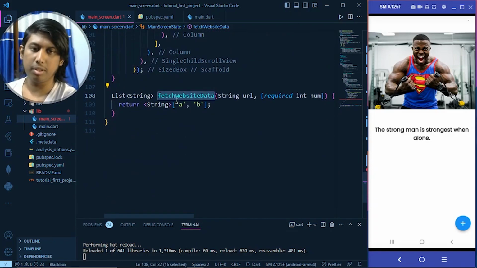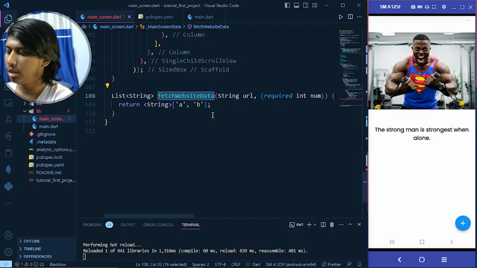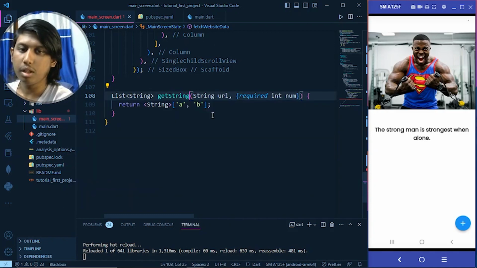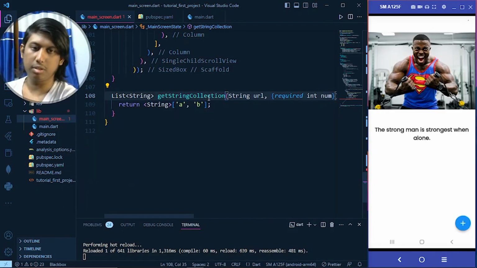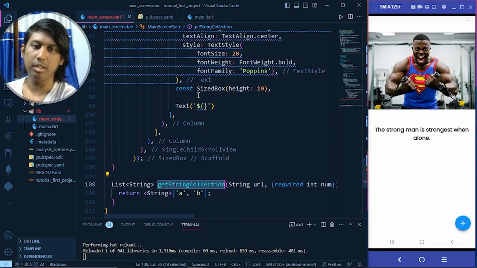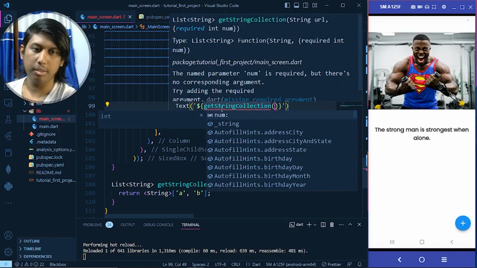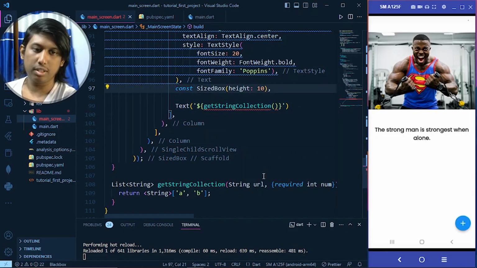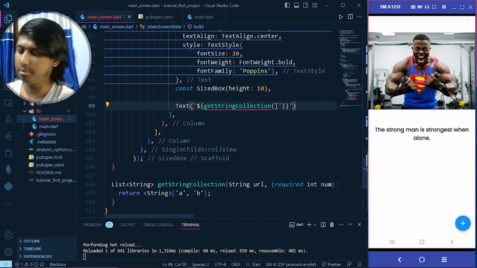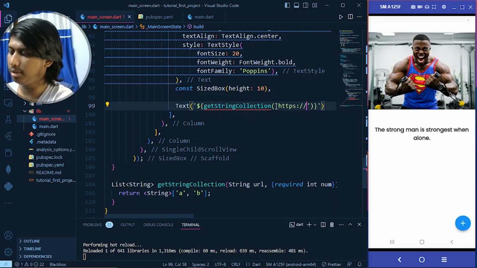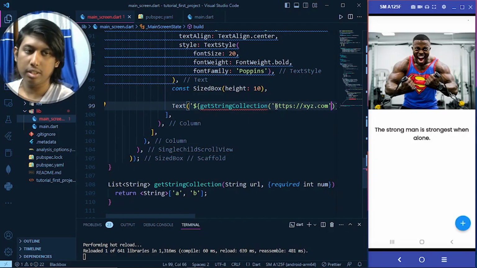Let's change the method name because that method name is not related to that content. So get string collection, that will be very much usable. So here I call the method, and the error is coming because we have to first give a URL string here. So I just give https and xyz.com for as of now, and as you